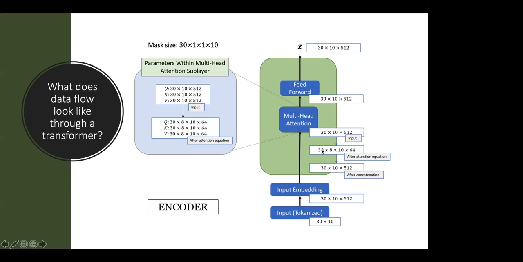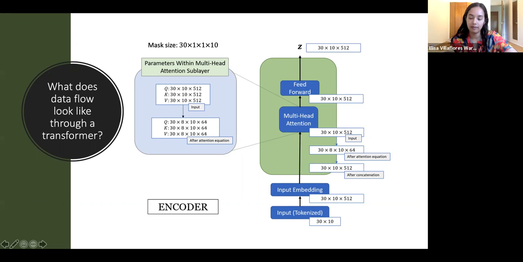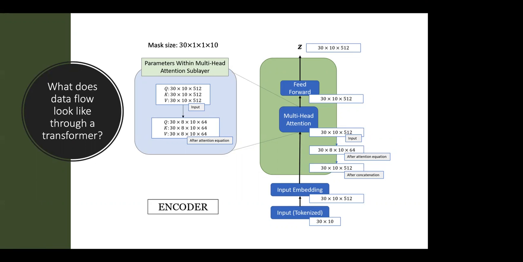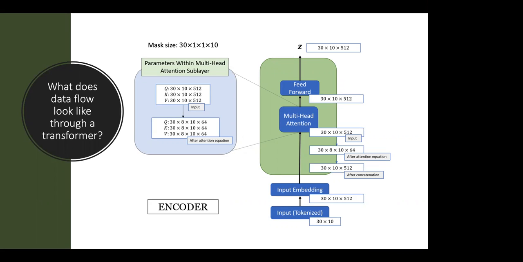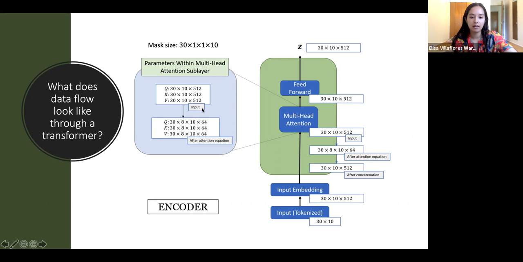Okay, 30 times 8 times 10 times 64 after the attention equation, because your QKVs are 30, 10, 64. 30, 10, 512, correct? 30, 10, 512, and then you have 8 heads, and then you have 64, because 512 divided by 8 is 64. Yes. You just broke up the 512 into 8 times 64. Yes. And that gives you parallelization, fine. But the size of the vector is still the same. It's still 30 times 10 times 512, right? On the left-hand side. It's just resized in some sense.